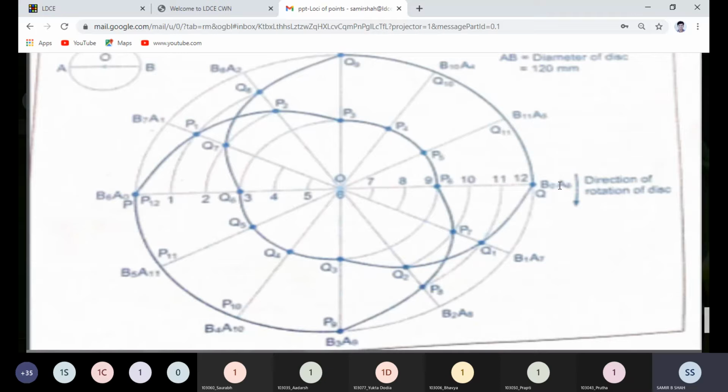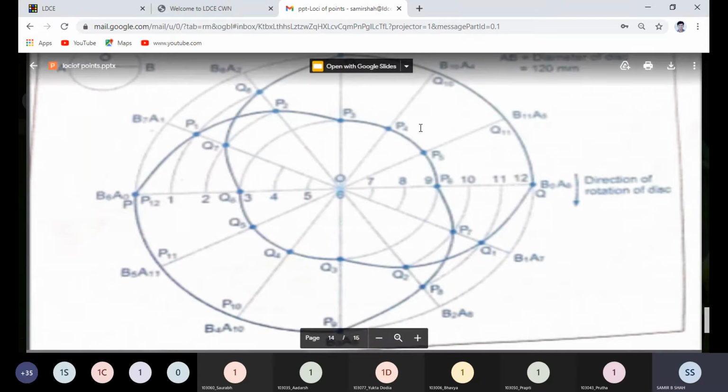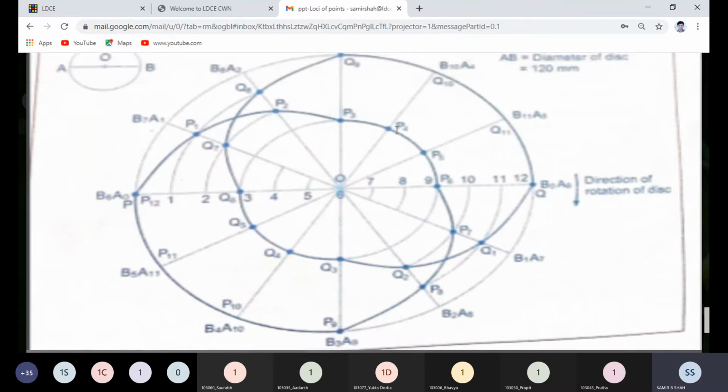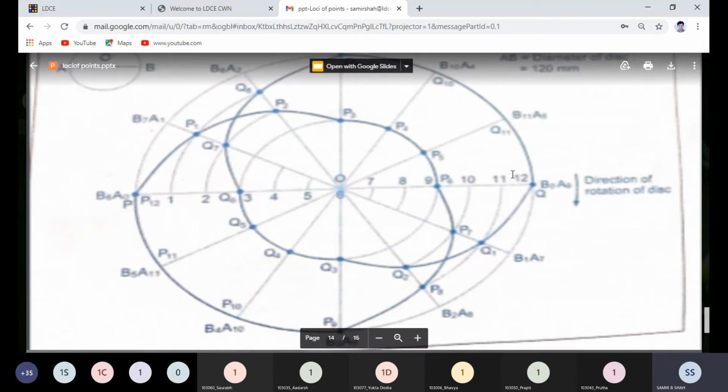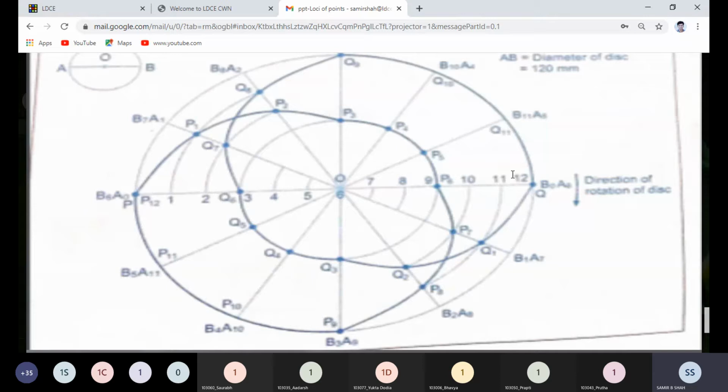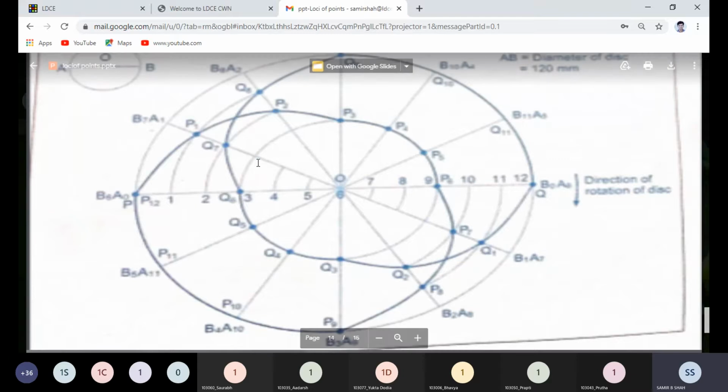Now we proceed. For the point P, divide this circle as well as the diameter A0, B0 into 12 equal parts. As we know very well, we are dividing the circle into 12 equal parts, since there are 360 degrees. So we are using a 30 degree set square, and it may divide into 1, 2, 3 up to 12. Okay, it's up to 12, A11, and this is A12.